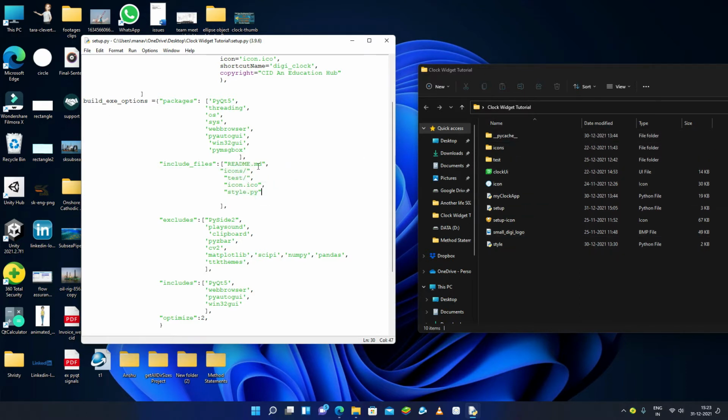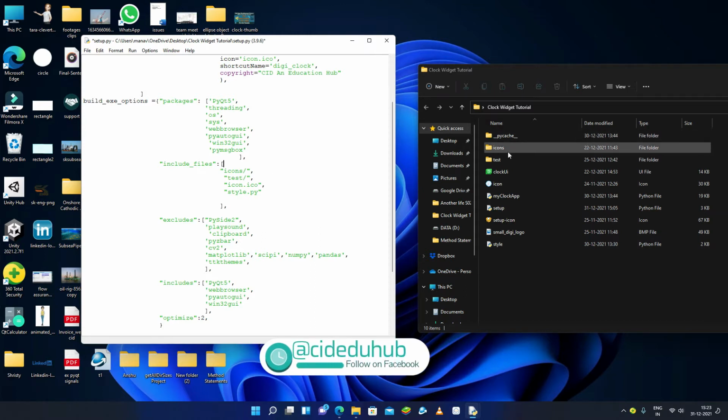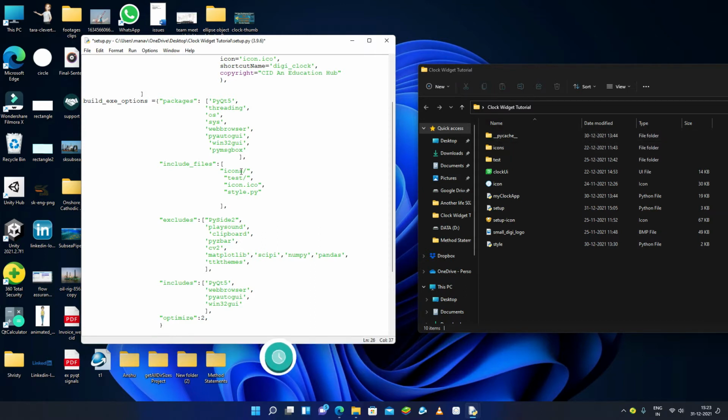As you can see, I have passed readme.md. I have not made this, so I can remove this. If you need this, then you can make this. I have the icons folder, so I have imported icons. I have the test folder, so I have imported test, and I want to add icon.ico also, so it is imported.